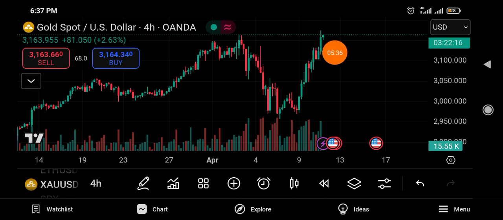So let's assume that any next 4-hour candle, wherever it may be formed, closes above 3,180. If it closes above 3,180 strong, and the volume, when you look at the volume, it's a very strong bar, just know that we are going to buy gold to 3,200. And you know that the movement of gold is not the same as other pairs. For example, as gold is now on 3,164, if you want to buy, you buy it at 3,164, good. And I'm telling you that if it ever crosses 3,180, just know we are going to 3,200.